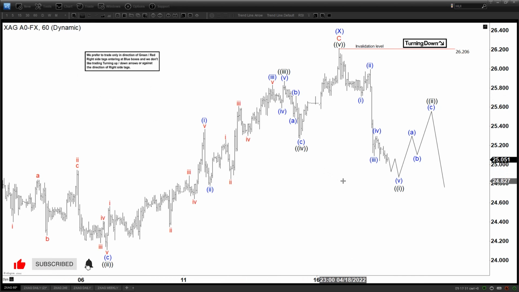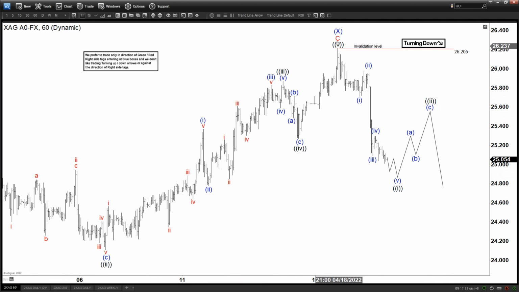This is a 60 minutes chart here. Now we ended this with X in the intermediate degree at 26.2, and then since then we started to turn lower. That means we are currently within Y, right? Within Y to the downside, we should be, since you can see 1 and 2 here, this will end 1, 2, 3, 4, 5, ending with A. So Y is going to be in the form of a zigzag, which is an ABC